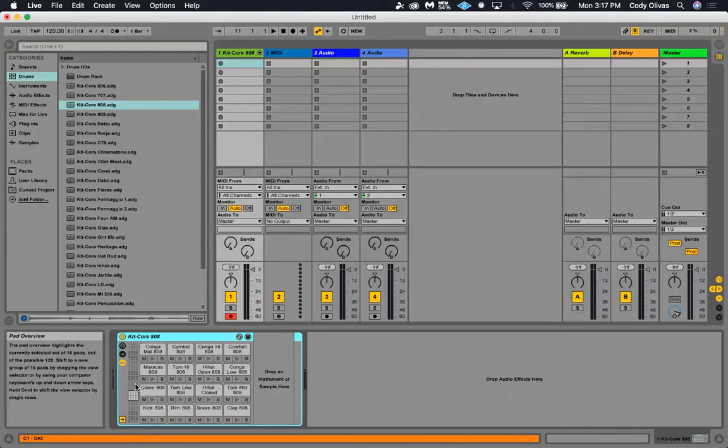This might get a little confusing, but this is telling me that the keyboard that I'm using is set up an octave higher than where I need to be. So